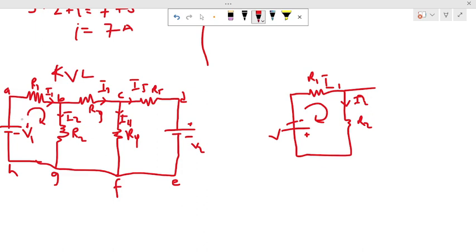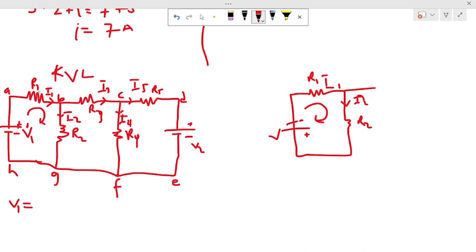The last sign that the current will touch will be the sign of the voltage. And so for this, we can see that A, B, G, H, A, the last part the current will touch is going to be the positive terminal of the battery or the voltage source. So it will move from this resistor to this resistor, to the negative terminal, then to the positive terminal at last, then back to A. So when we are traversing in the direction A, B, G, H, A, the voltage is going to be positive V1,